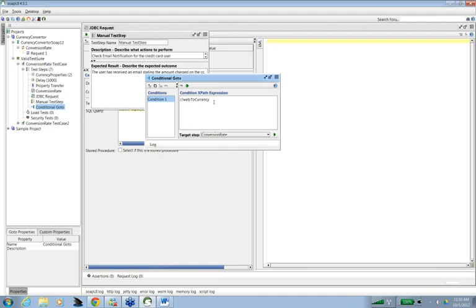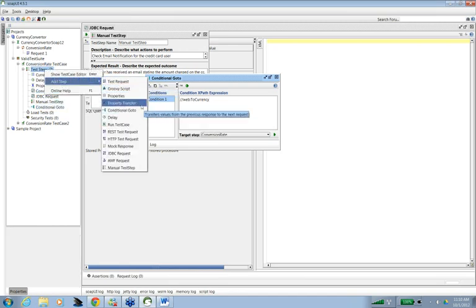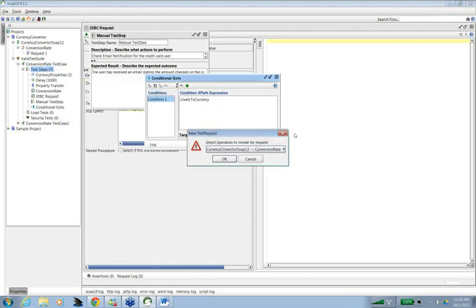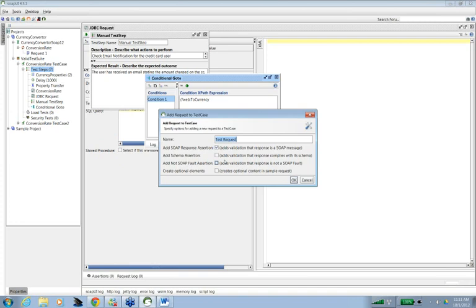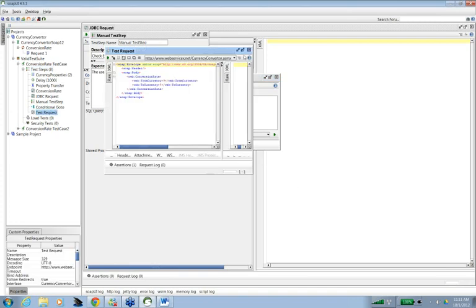So if I want to see whether the first request has been done and then the second request needs to be done, then I'll be using conditional goto. So if I have two requests here, one conversion, let me add just one more request. This is actually a duplicate, but let me just add this and put it somewhere here.